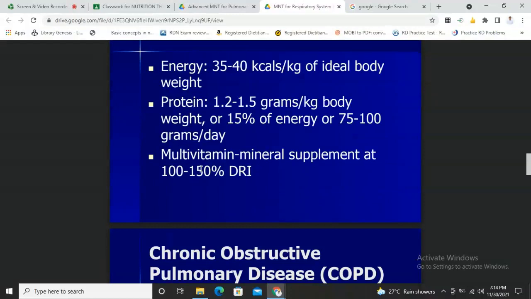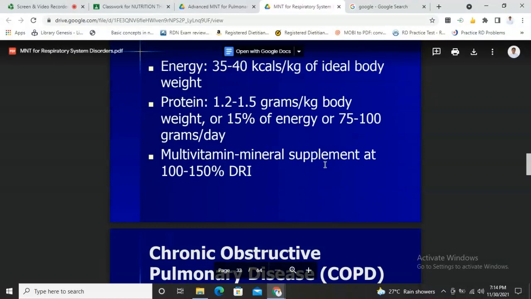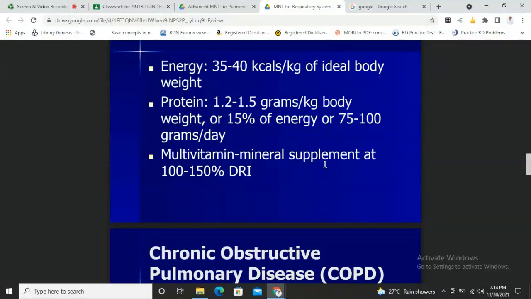Multivitamin or multi-nutrient supplements might help in order to increase the intake further, no? Because the values that are set in the PDRI might not be adequate to meet the needs of these patients kay naa na may disease. Okay, and you know that the PDRI values are made for healthy persons.